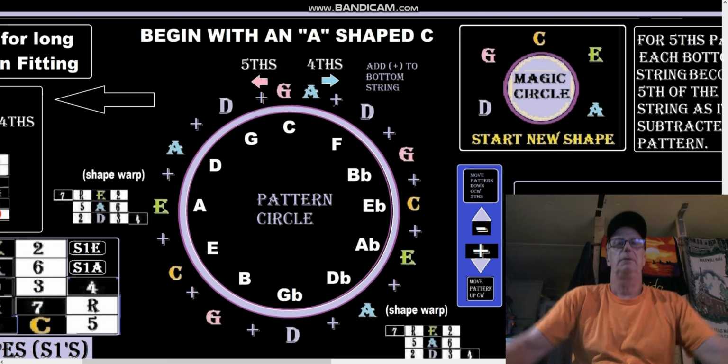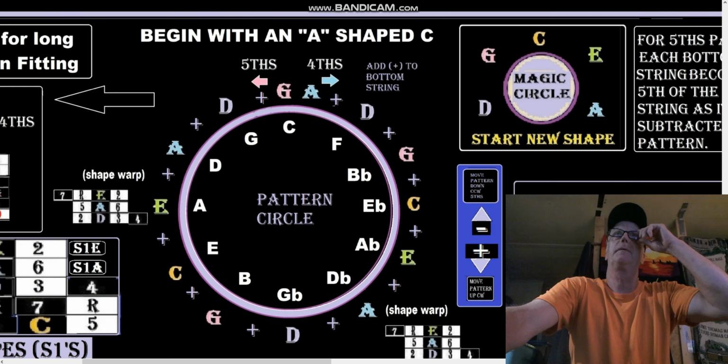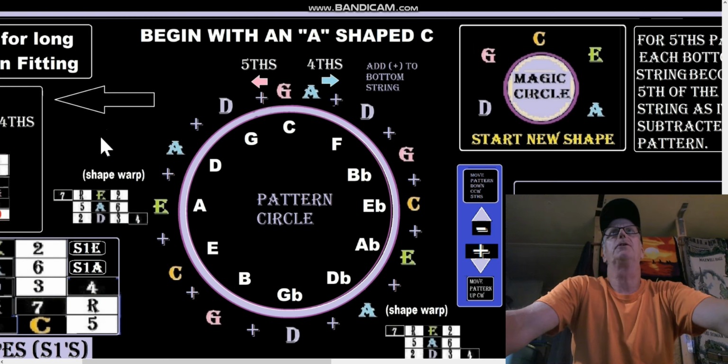Okay, we're back. This is the circle of fourths. Okay, and it starts with an A-shaped C,